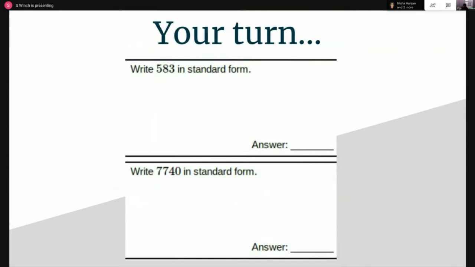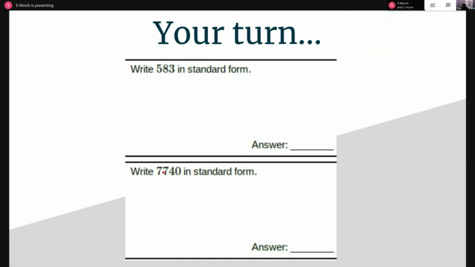I'm going to give you guys a chance at home. We've got 2 numbers on the screen. I'm going to give you 20 seconds or so. The first question is, write 583 in standard form. The first thing you want to do is turn that into a decimal between 1 and 10. The decimal will be 5.83. And then you're going to times it by 10 to the power of something. And if it's 5.83, of course, you're going to move it once and twice. So the answer you should have got for that first one,